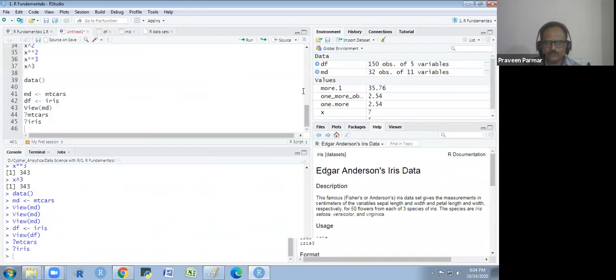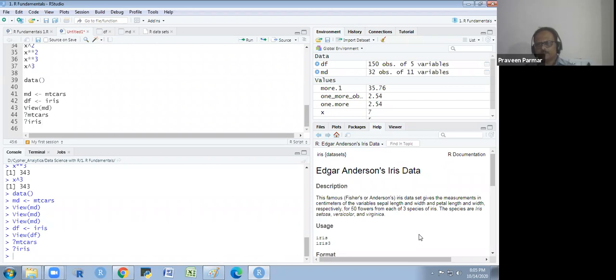So we have chosen mtcars and we have given one object name, MD. It is now as MD in my global environment. And every column is a vector. We have seen that in a column there are multiple values. There is no single value in each column. Know that?